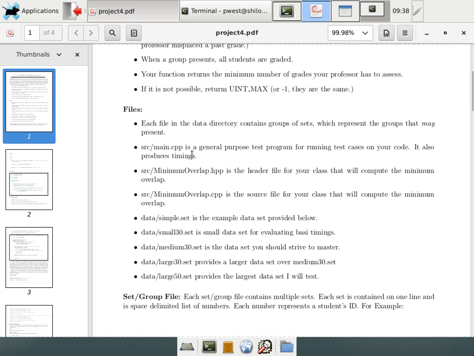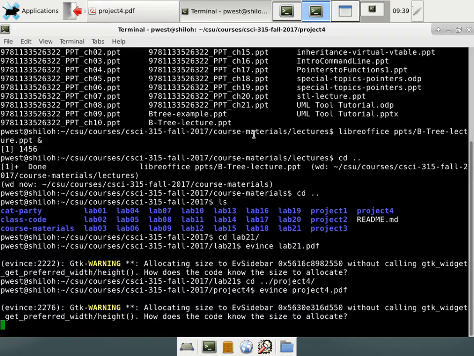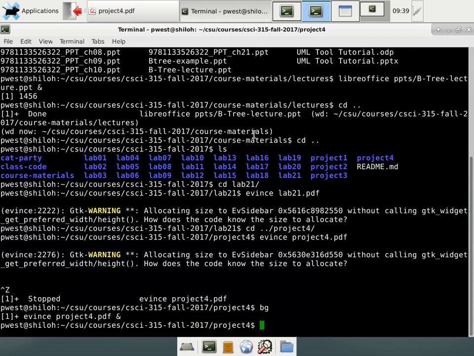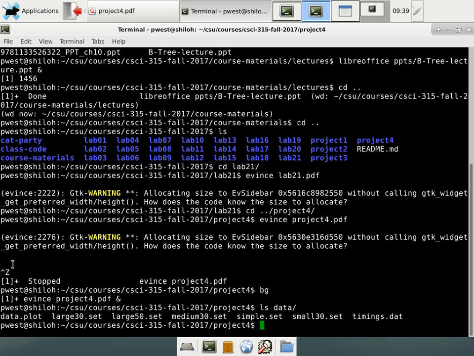All right, real quickly, your files. Each file in the data directory contains a group of sets which represents a group that may present. So let's go ahead and look over here. If I do an ls on data, notice I have different sets. Actually, I have some timing as well. That's fine. But let's look at our simple